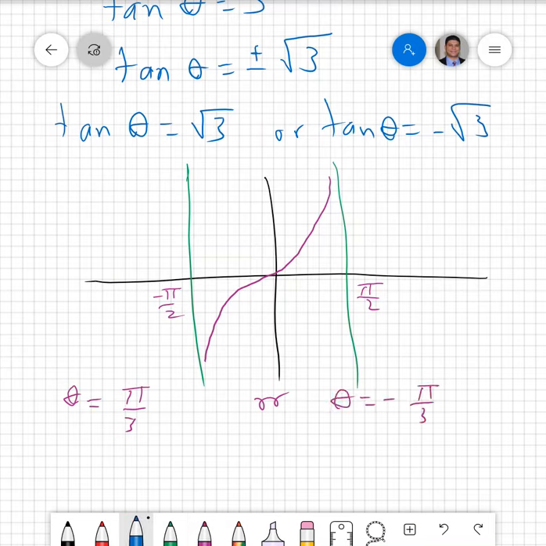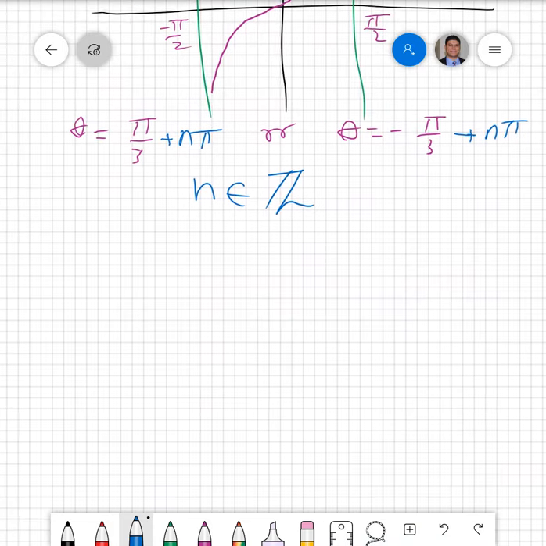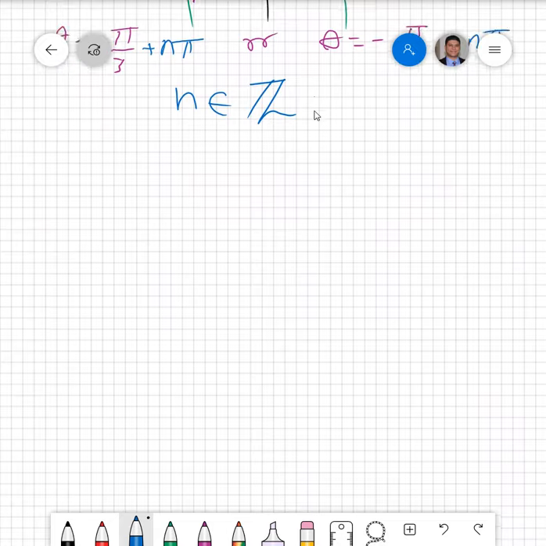And as we know that the period is pi, plus n pi such that n belongs to z. Another example,